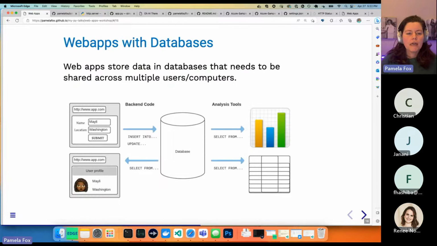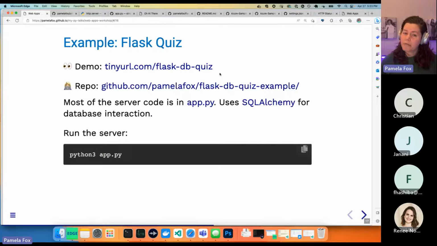Okay. All right, so a lot of web apps store data in databases. Super helpful to do, and I know some folks here are coming from data science, so you know the importance of data. So many web apps have some sort of data, like either they have data because they're a content website, like a news website, and their data is the news that they're serving up each day, or they have data because they're a user-facing website, like a social media site or a productivity site, and they're storing the user data. Either way, they have data. They need a way to interact with a database. And a database actually usually lives kind of outside of the web app. So then the web app needs to communicate with the database in some way. So let's take a look at how we do that in Flask.